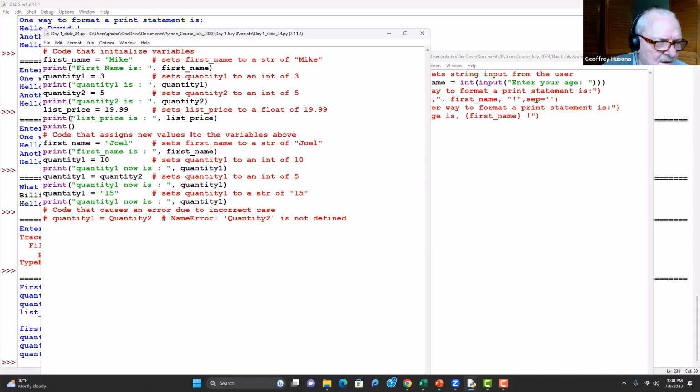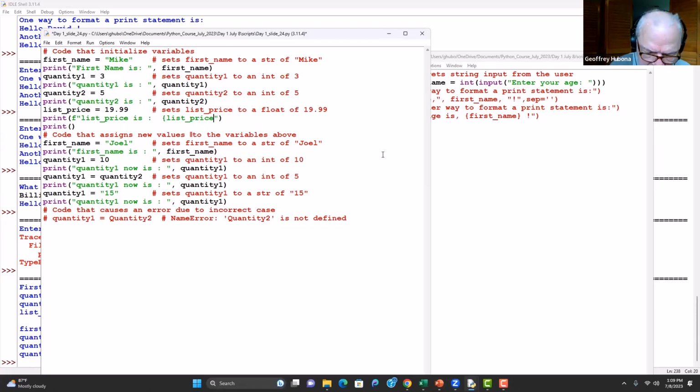We'll say the list price, and I always mess these up. I'm going to change this to an F statement. So I'll say list price is, and we can get rid of the comma, and we can get rid of that quote, and we can put the ending quote here, and since this is a real variable, we're going to have to put this in